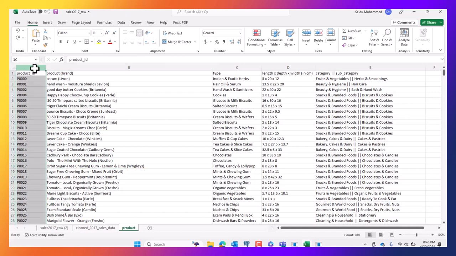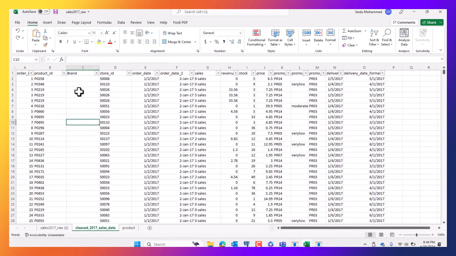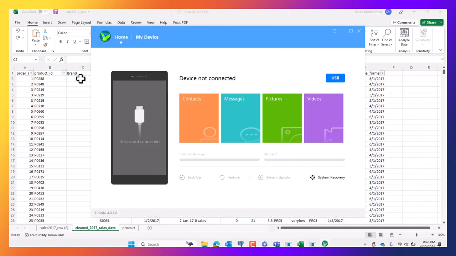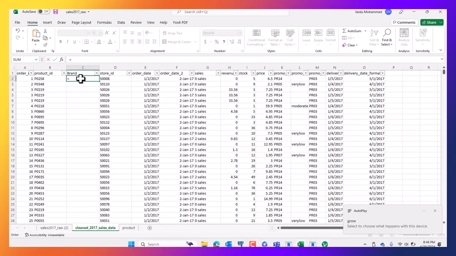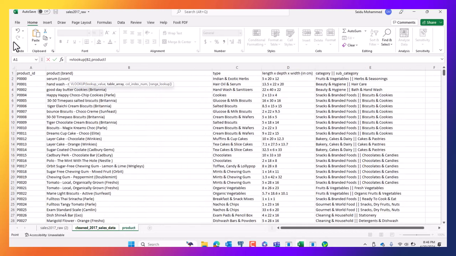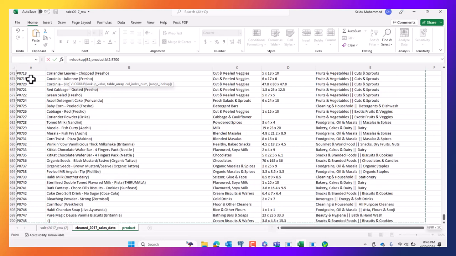And let's do our lookup value. Let's do our lookups again. So I'll start VLOOKUP. I'll pick my lookup value from here. Then I'm done with this sheet. All the rest has to do with this one. So I'll pick the range or the table array. I'll lock it here,